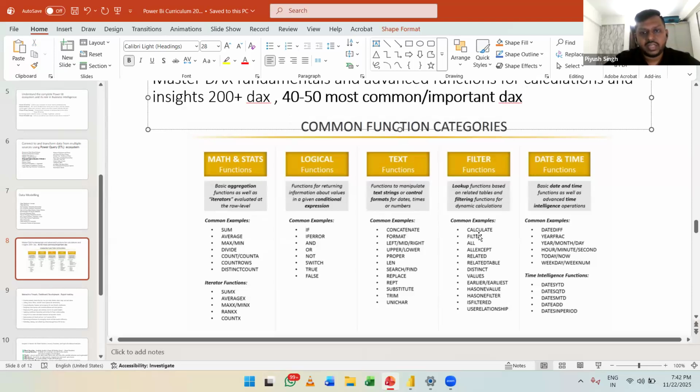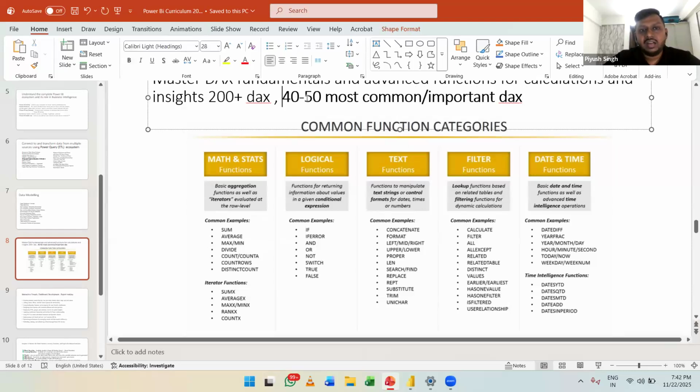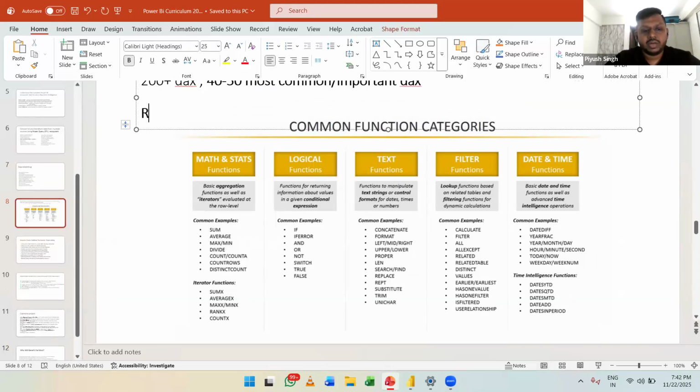CALCULATE, if you can see it somewhere. The CALCULATE filter function is the heart of Power BI DAX. If you don't know CALCULATE, you can't do anything else. So to know CALCULATE is very important. Having said that, I'll be teaching you these 40, 50 important DAX functions. And once you have a grip on how to use them, how to understand the requirement and which function to use at what point of time, you would be able to utilize them at different points of time with respect to the requirement. Please guys, focus on this word: requirement.